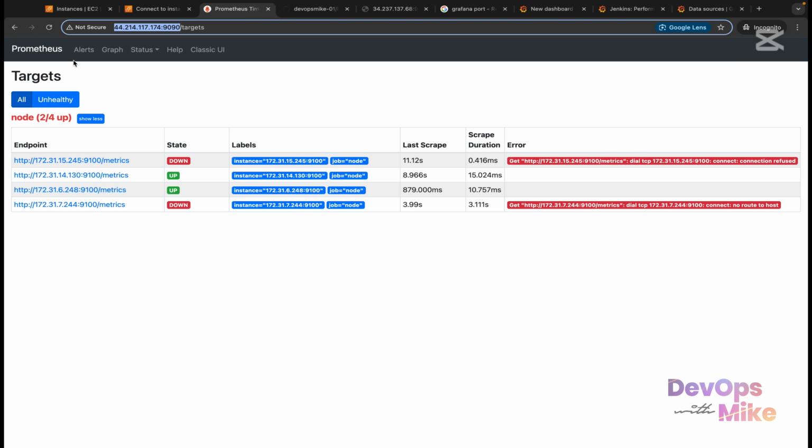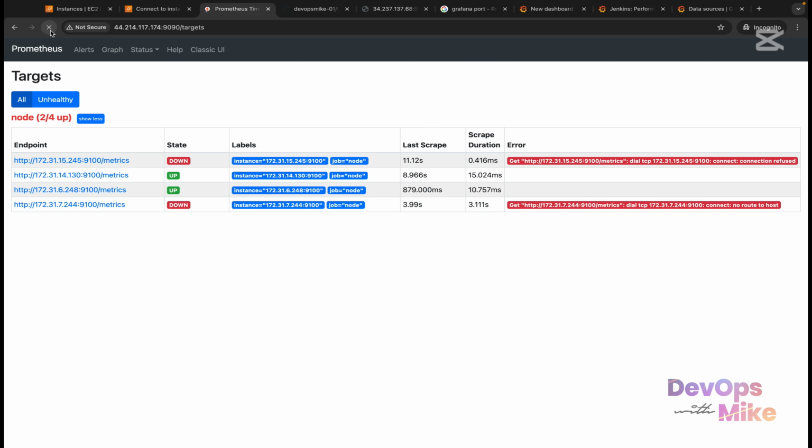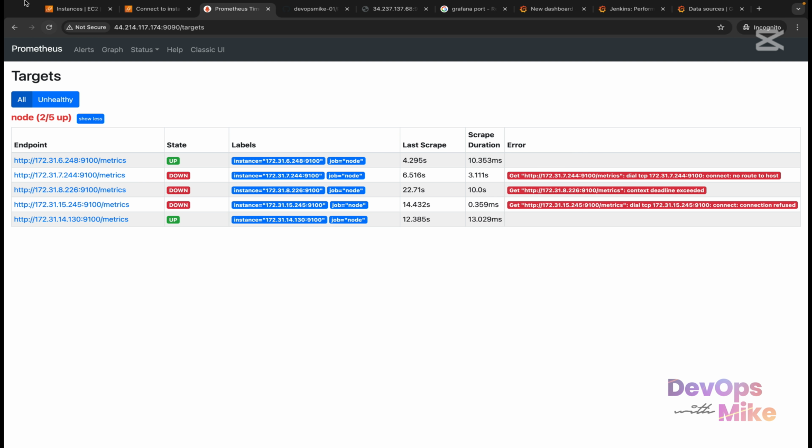So if you come here, because we've set up Prometheus to use service discovery, if you refresh, you see we have 5 servers actually, 2 of them up and 3 down. The ones that are down are down because we do not have node exporter installed on these servers. So these are the 2 nodes that are actually up and active and are exporting metrics